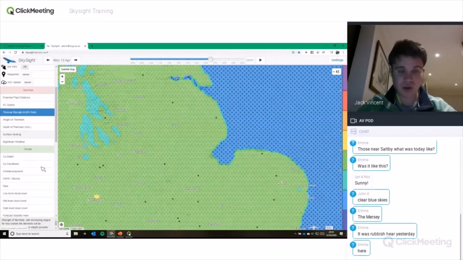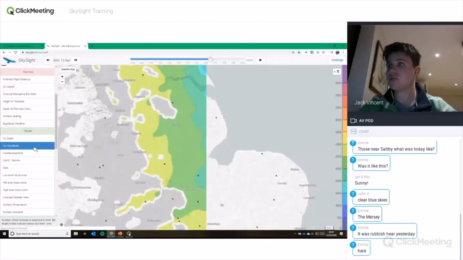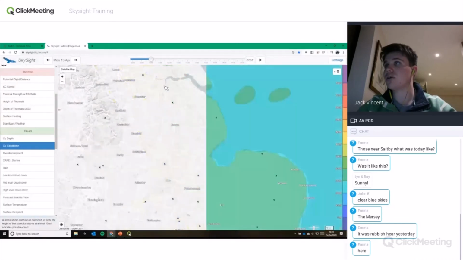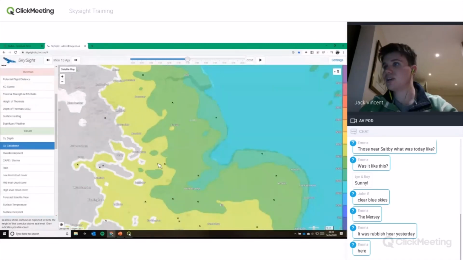The next thing that's probably worth checking is Q cloud base. So how high are the climbs? So we go back to when we take off at sort of 10 o'clock. At 10 o'clock, we've essentially got a 3,000-foot cloud base above Saltby. That's perfect. Middle of the day, halfway through around the task, we've got a